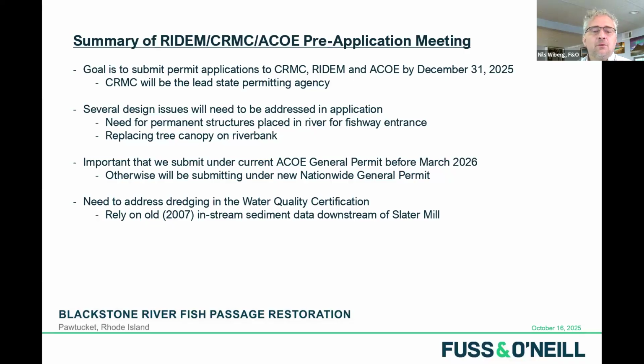Right. So as we noted, we met with the agencies back on September 28th. And again, we have a schedule to submit these applications by the end of this year. We again confirmed that CRMC will be the lead state agency for permitting. Of course, they'll coordinate their review with RIDEM, which will have jurisdiction over the upstream freshwater resource areas. But again, our team is essentially utilizing the content of the prior applications. We noted that